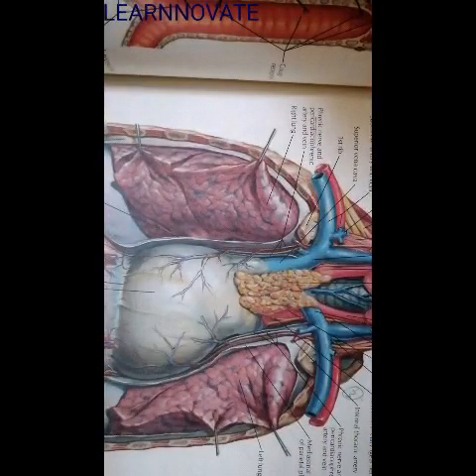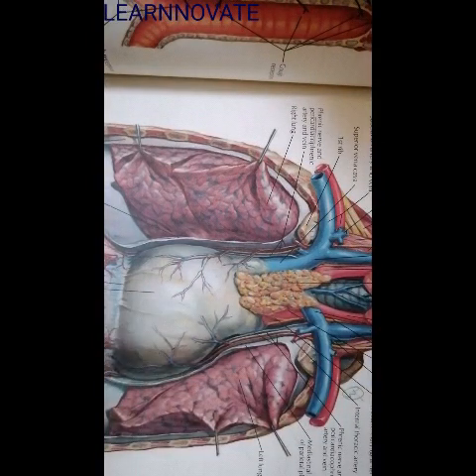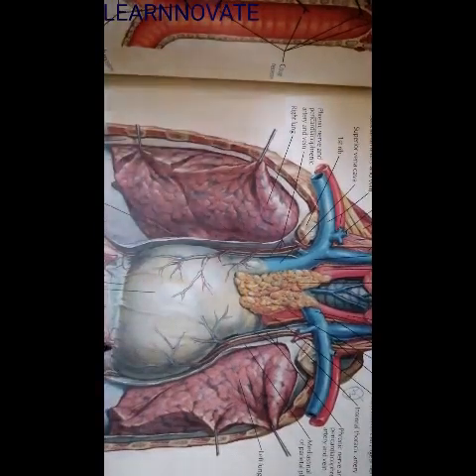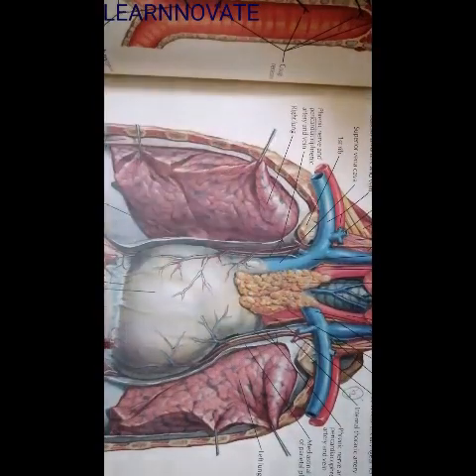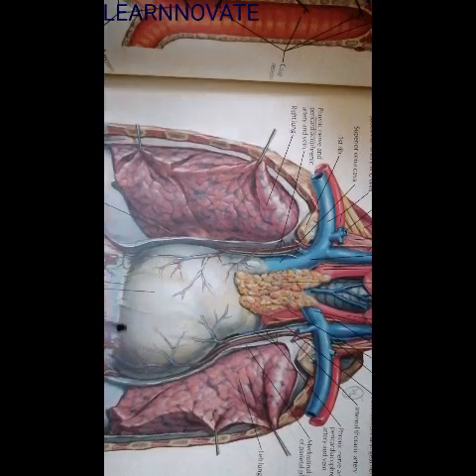If we take the middle mediastinum that I have discussed in the introduction, the middle mediastinum contains the pericardium, and this pericardial cavity is divided into two pericardial spaces, that is the serous pericardium and the fibrous pericardium. The fibrous pericardium is covering the whole heart, and inside the fibrous pericardium and serous pericardium there is a fluid that we call the pericardial fluid that is going to cover the heart.